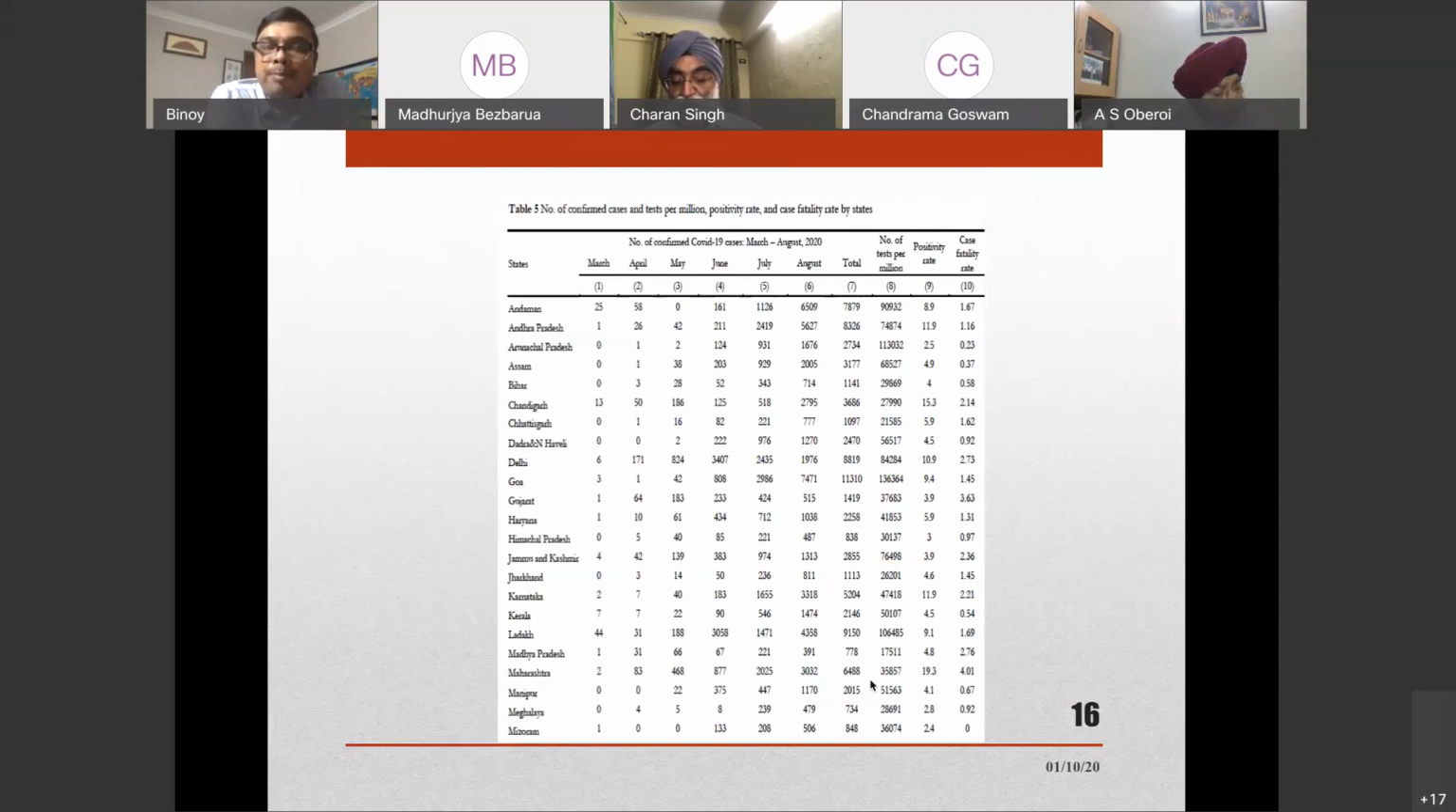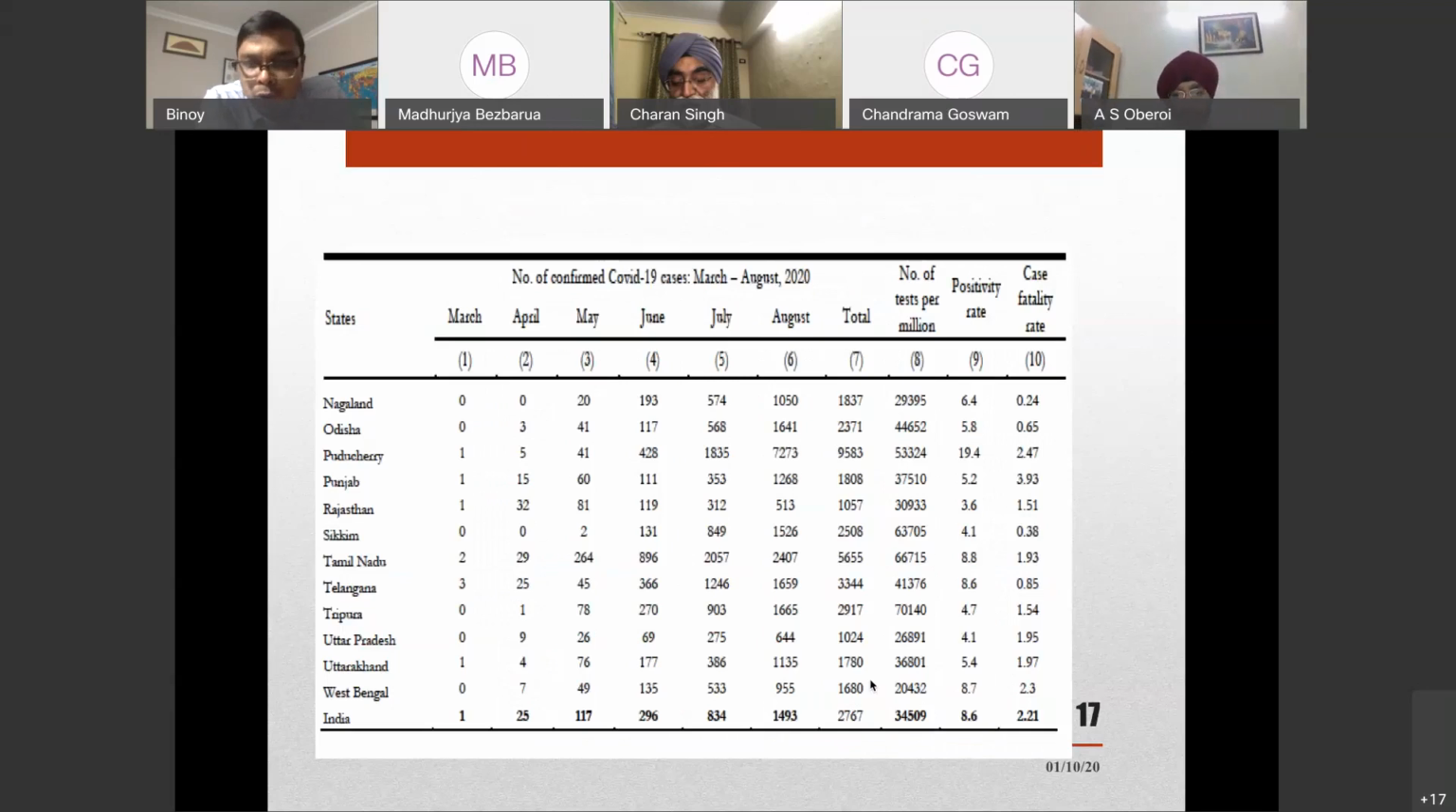So therefore, as a proxy for the state's effort to contain the spread of the virus, we take the number of tests per million. And we find that some of the states really lag behind, like Meghalaya, Mizoram, Manipur, Madhya Pradesh, it's just 17,511 tests per million. Karnataka even, and then Bihar, these states, most of the northeastern states except Arunachal Pradesh, then East, Orissa, Punjab. So these states, Telangana,